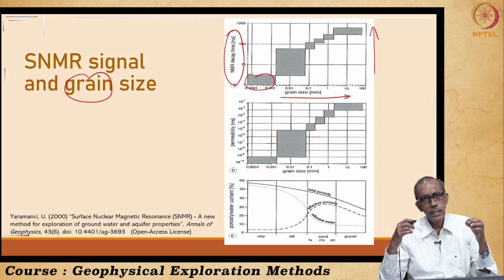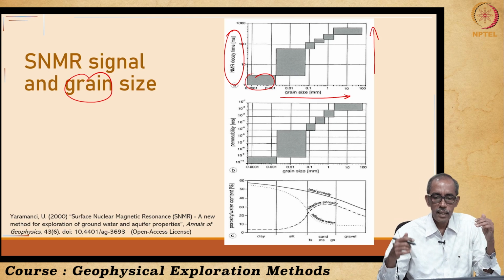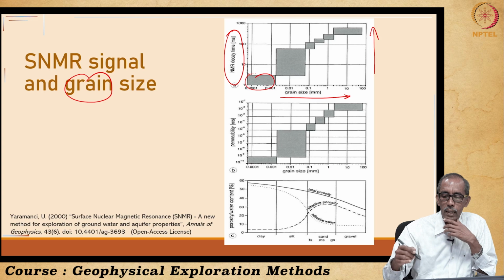Why is it very less? When the formation is made up of very fine grains, the size of the pores is so small. So, over there the magnetic moments, or the protons, precess or spin very quickly and reach the original position, original state. That means they quickly relax, relaxation time is very less in the fine grain.